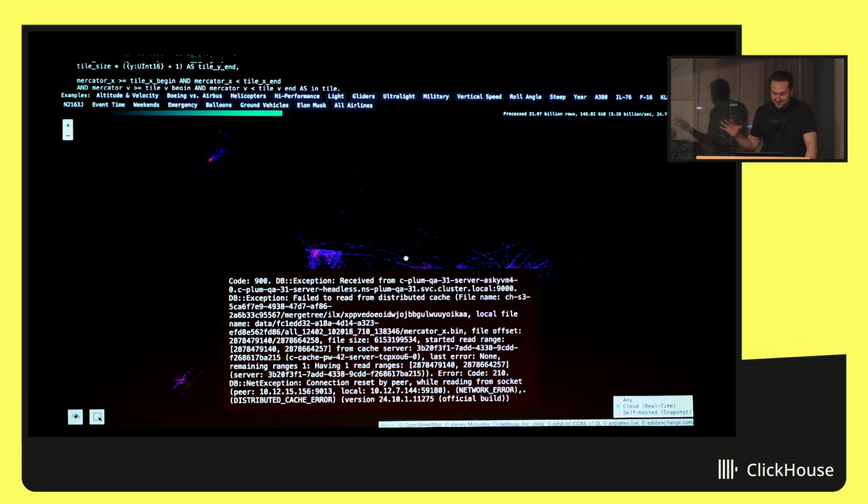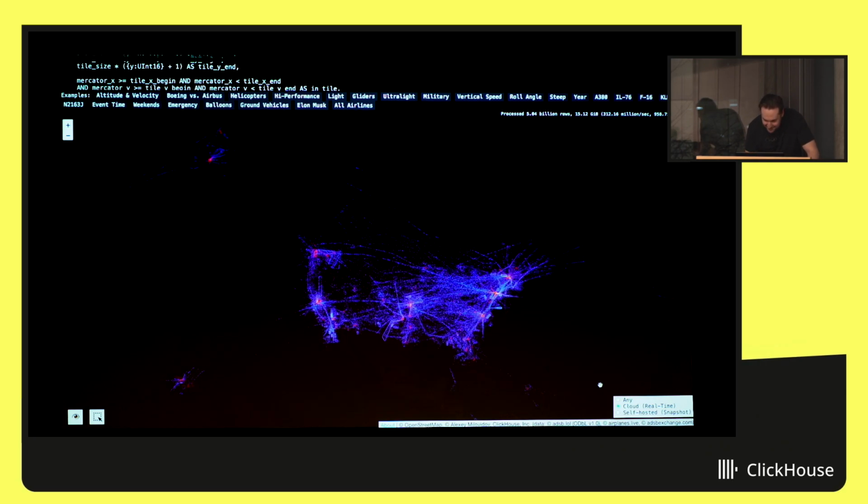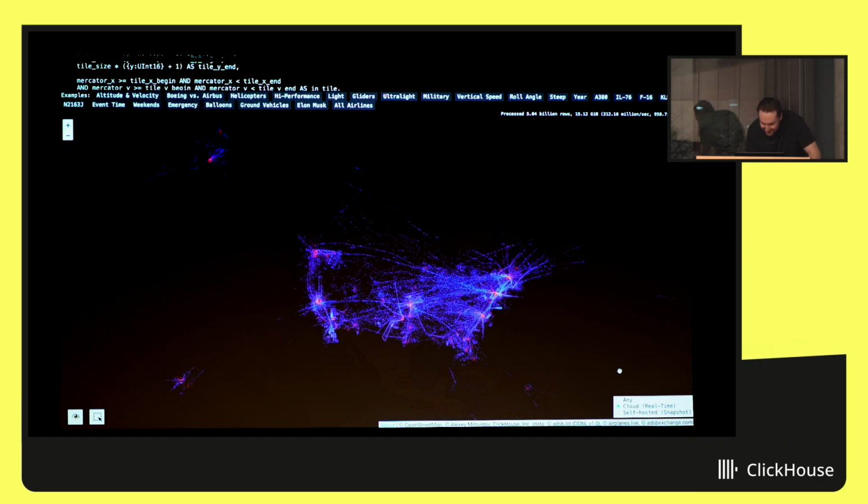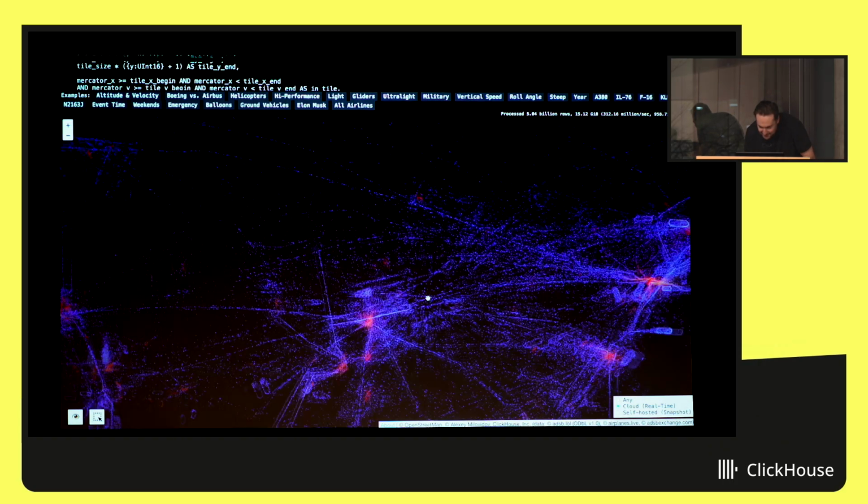Because I have enabled one experimental feature on this service just recently, distributed cache, which is not available for production. So I have to either disable distributed cache. Okay, and these